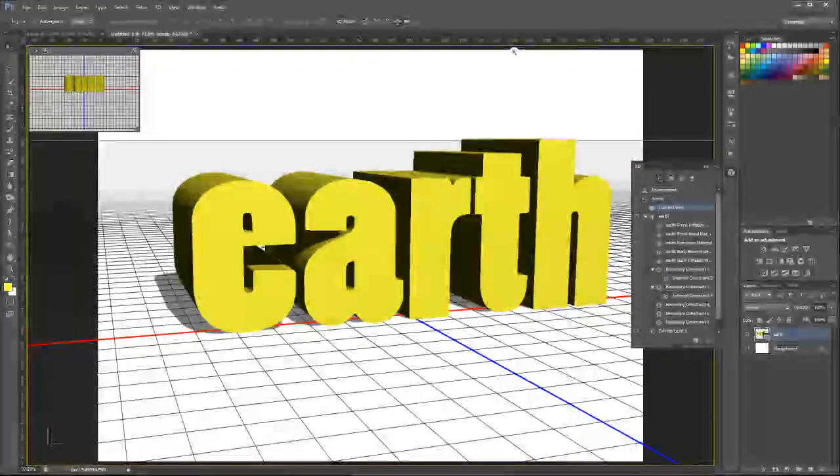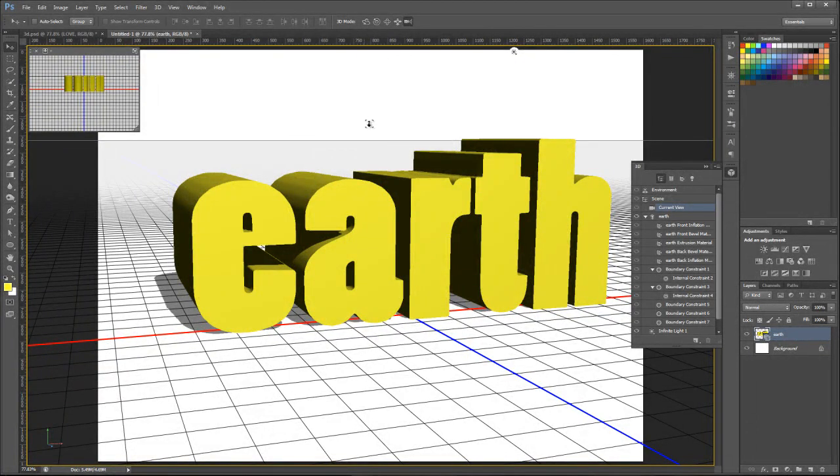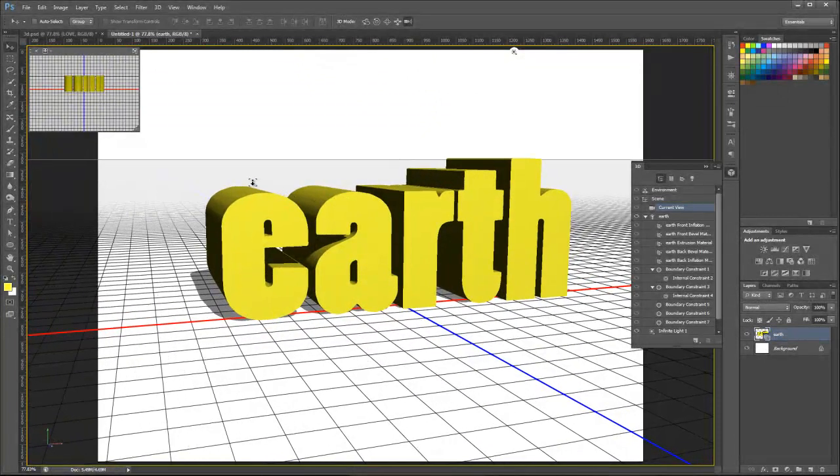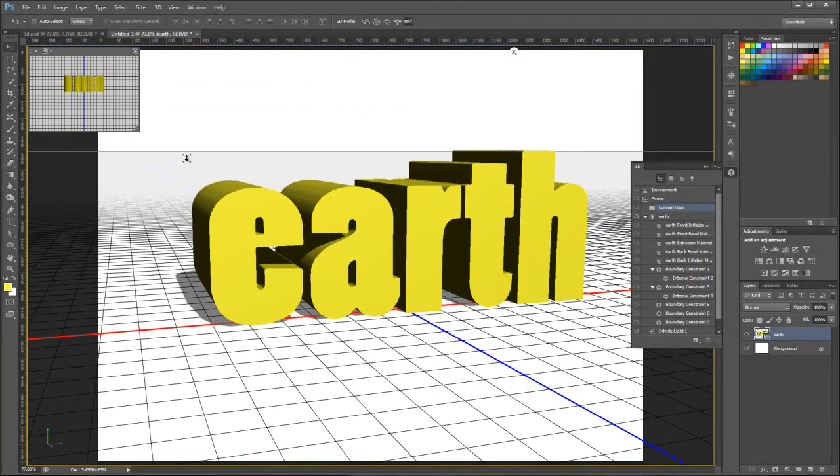And then this one is kind of a zoom tool, so we can make it bigger and smaller. So once we got it the size that we want, then it's all a question of adding textures and lighting, or changing the lighting to where we want it from the direction that we want it. So we're going to look at, in addition to adding the extrusions, or I'm sorry, the textures to the extrusions, which is this part right here,